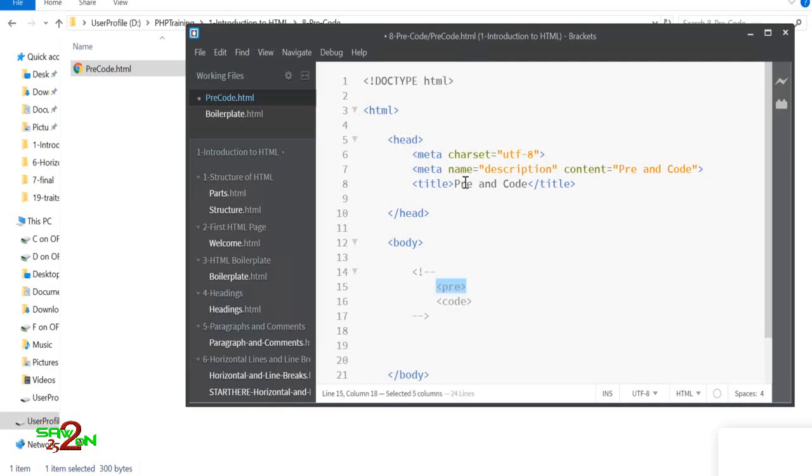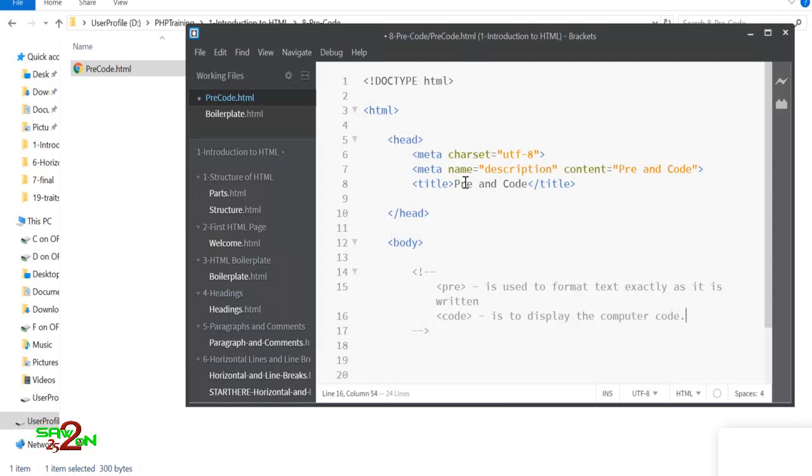The pre tag basically is used to format the text exactly as it is written. Okay, so let me type that. Is used to format text exactly as it is written. Whatever you write right here, with spaces, with new lines, is printed exactly in the output. The code tag is to display computer code.